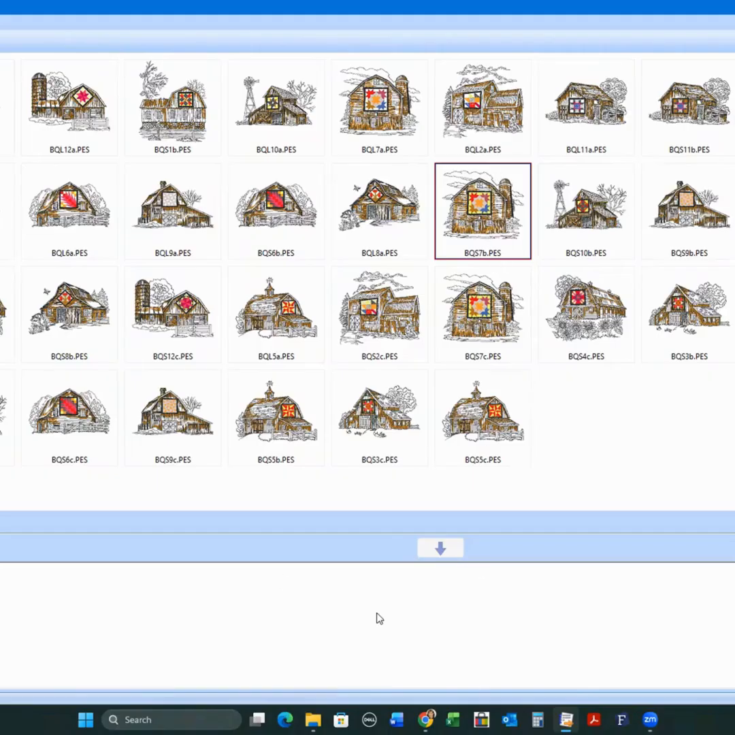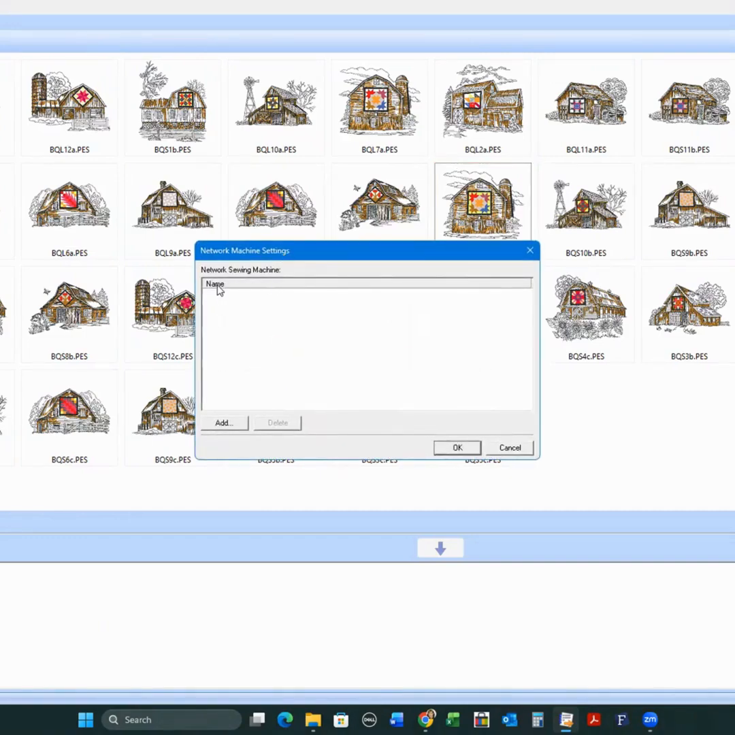So now I want to download it to my machine, but everything is grayed out down here. How do I download it to my machine? I can click there all I want, but I have not set up my machine to find the network here on this program. So I'm going to go here to this little icon called Network Machine Settings, and there's